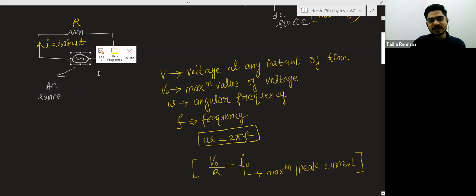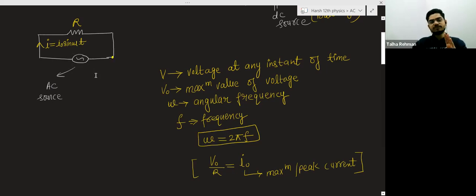Basically this is an alternating source, and suppose we do not know the voltage equation, but we know the current at any instant of time, the direction of the current and the magnitude of the current. I is equal to I naught sine omega t is the current at any instant of time. What is I? I is the current at any instant of time, the instantaneous current. This is clear now? Okay. So now,